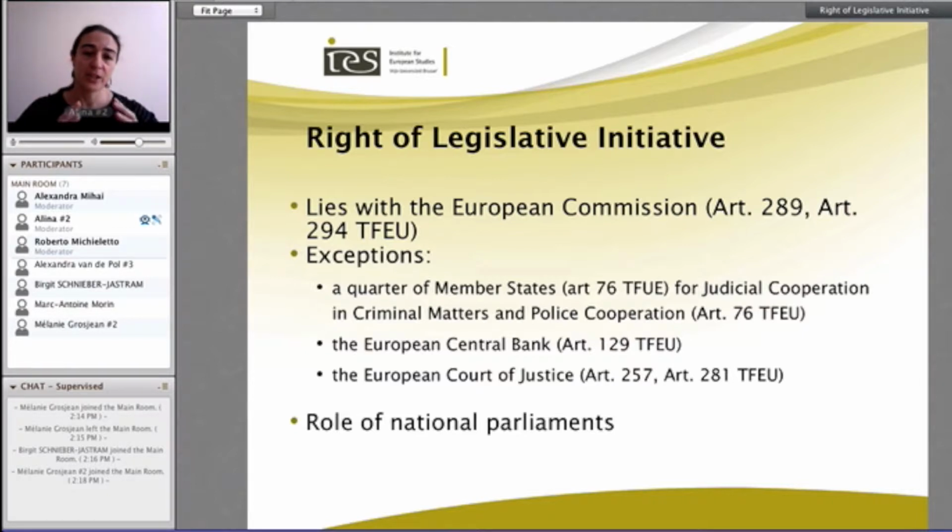But again, the central body in this regard is the Commission. And it not only shapes basically the agenda of the European Parliament and of the Council, but the European Commission is also in a quite strong position here, because it's actually the institution that gets to draft the legislative proposal. And that's also quite considerable power, because here the European Commission can choose out of a wide variety of different methods to achieve a certain objective and put this in the original draft.